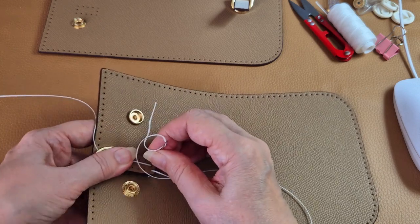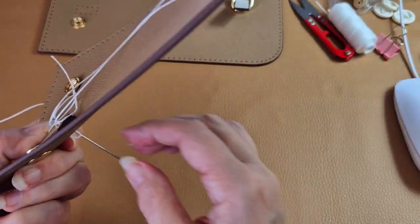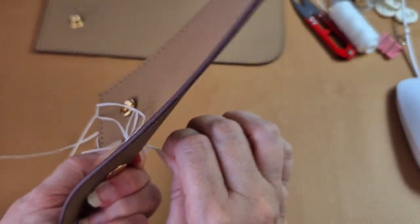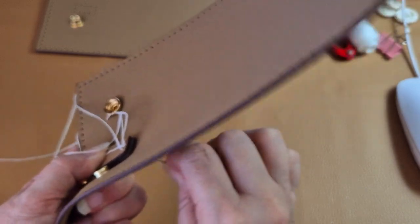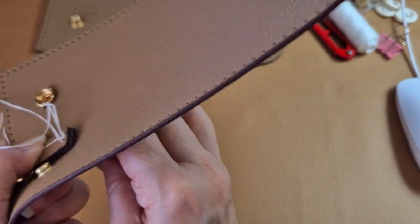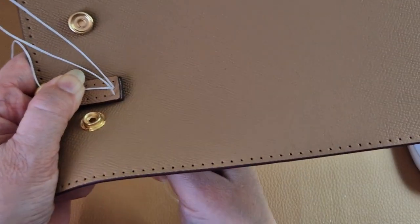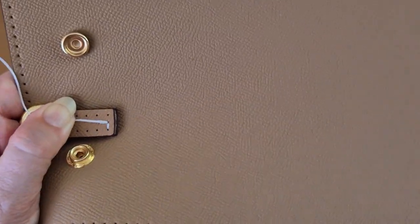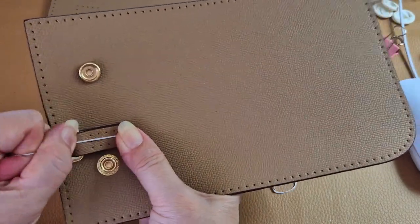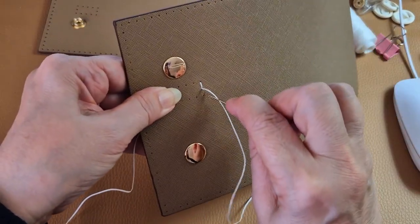So I'm going to hold that out of the way, she's done it. Once we get the first stitch in and it's tight, I think it'll be good. So we're coming through, we're making sure we're not going in the thread. You don't want to go in through that thread. Just wriggle that through. If it's too slidey, you can put those rubber things on your fingers. And pull. Oops. And she's going to pull the stitch tight. That way. Have to go through the next stitch